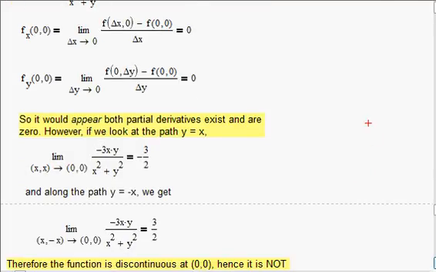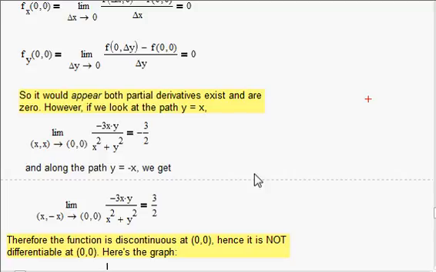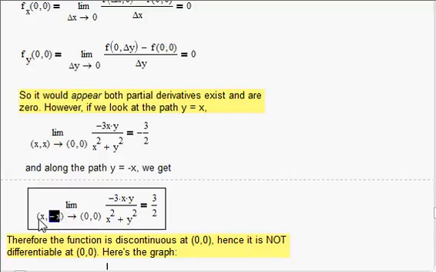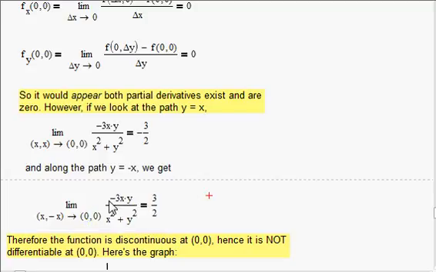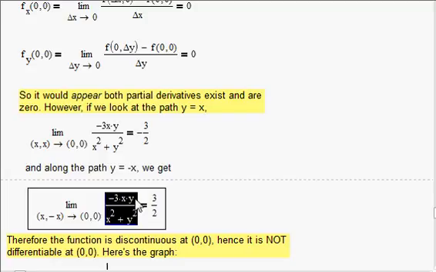And if we look along the path where y equals negative x, notice, the limit as x goes to 0, 0, well, golly, then we get positive 3 halves. So same idea. This is negative 3 times x squared, but it's actually negative 3 times negative x squared, because y is negative x, so it's 3x squared in the numerator. When we square negative x, we still get x squared, so we got 2x squared in the denominator, so we wind up with 3 halves. So the function is not continuous at the point 0, 0,